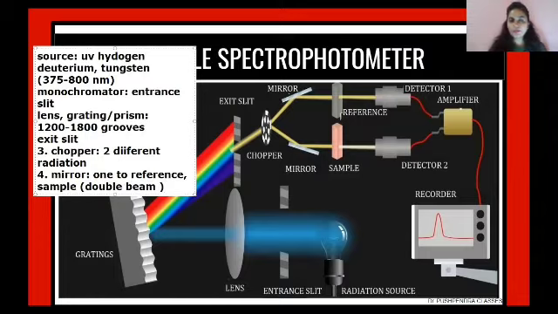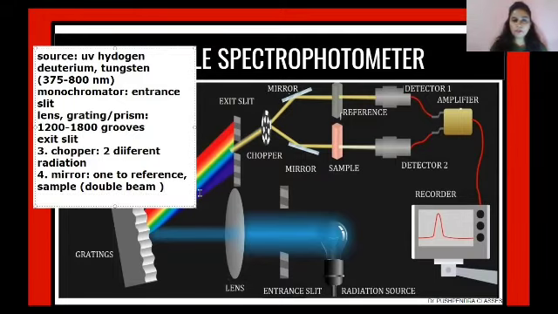Okay. Now, there are two types of spectrophotometer. One is called a single beam, wherein you have to first measure the value of the reference standard, and then you will take it out and fill the cuvette again with the sample solution. However, the advantage of working with the double beam spectrophotometer is that you can simultaneously analyze both the reference as well as the sample solutions.